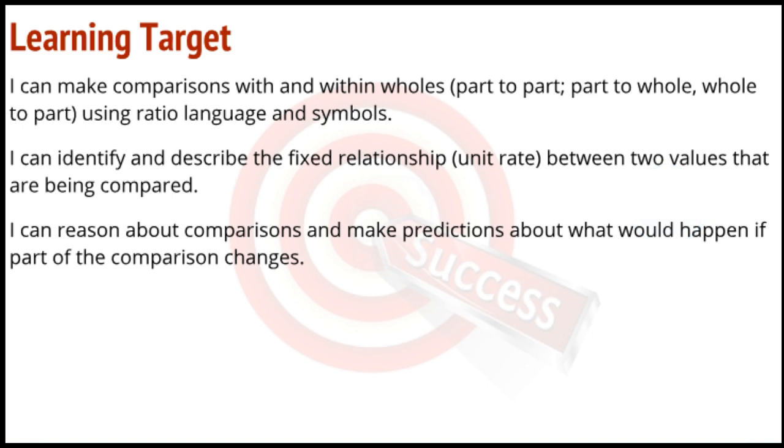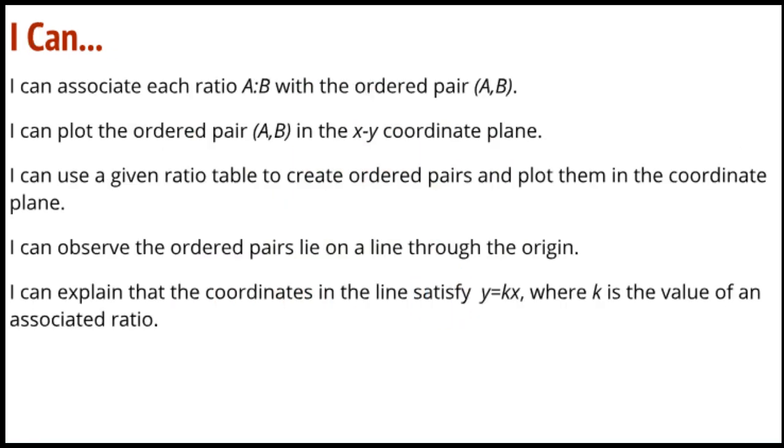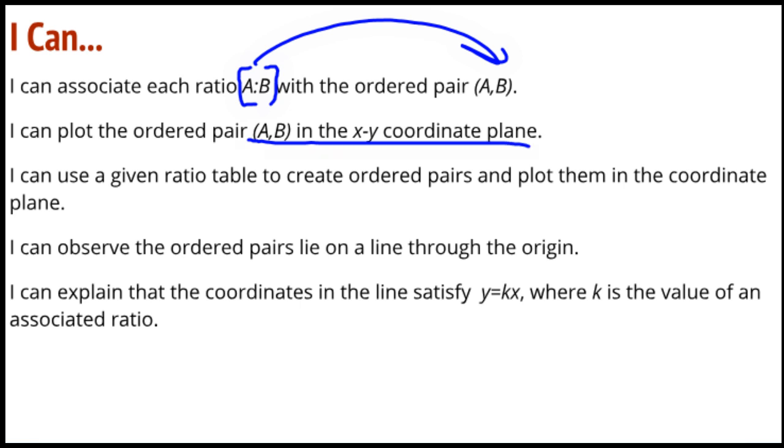So we are definitely writing ratios. We are definitely reasoning about equivalent ratios, and that fixed relationship, that constant, is of course part of what we're looking at. All right, so I can associate each ratio with the ordered pair. So building off of the last lesson, we've got a ratio that can be turned into an ordered pair. We can then put the ordered pair on the coordinate plane,